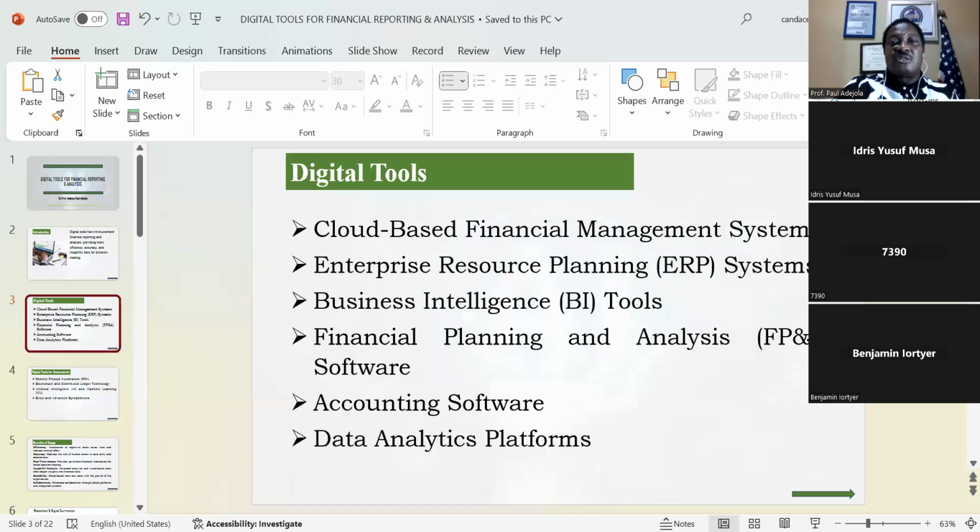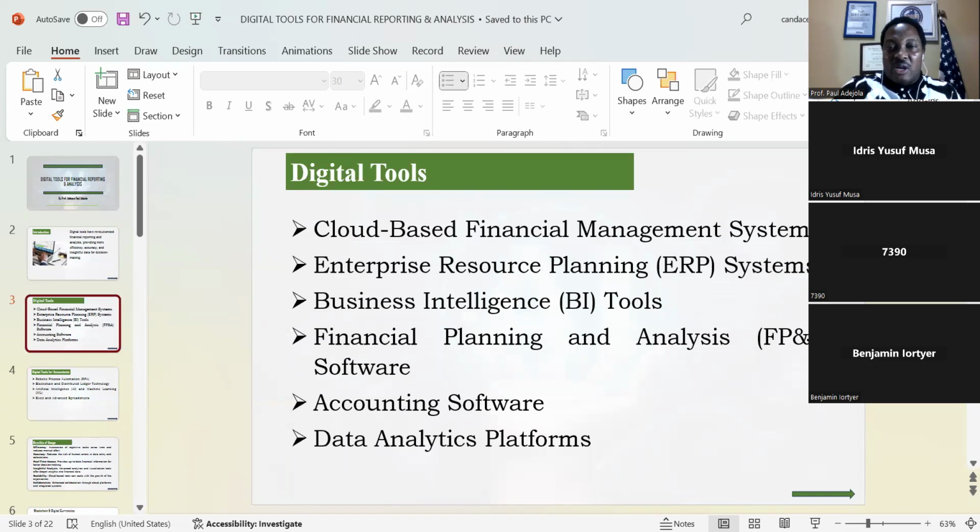Then we have the accounting software. This is the most popular one to us. And when we say accounting software here, the list is endless. We have what is called Busy Accounting. We have copies that you can install on your system, and we have it also in the cloud. We have Sage, QuickBooks, Tally, Sun System Accounting, and FreshBooks. That's another accounting software. We have the Pastel accounting software, and so on and so forth.